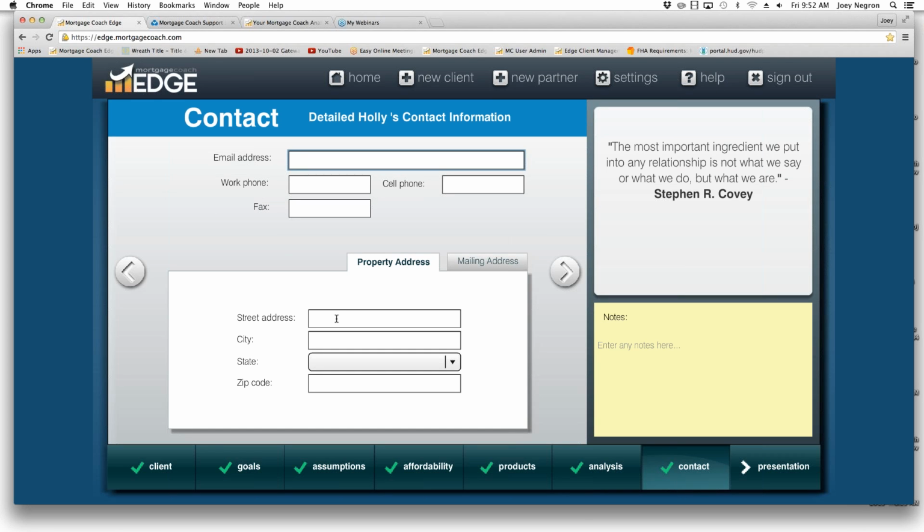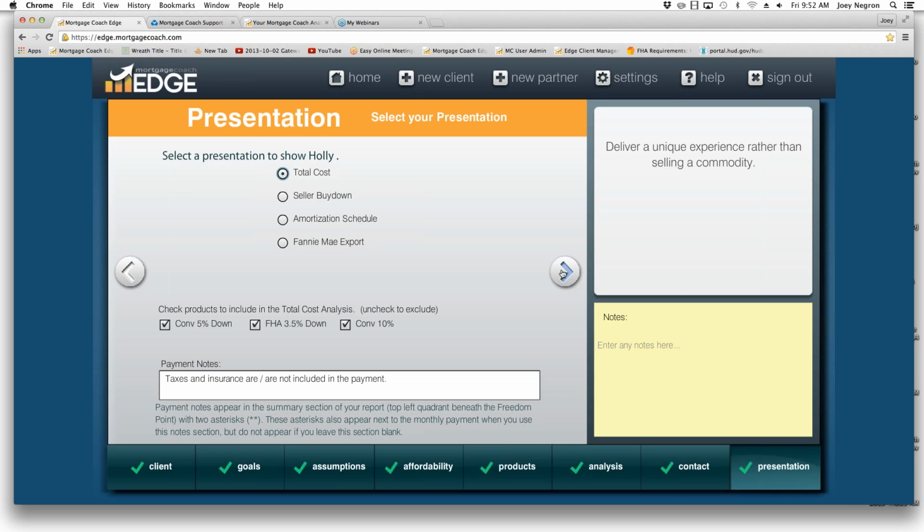Okay, so we're going to advance to contact information. This is the address of the residence, or it could be TBD if the resident or the buyer does not know or have a purchase or property just yet. Proceed. Okay, I'm going to advance there,